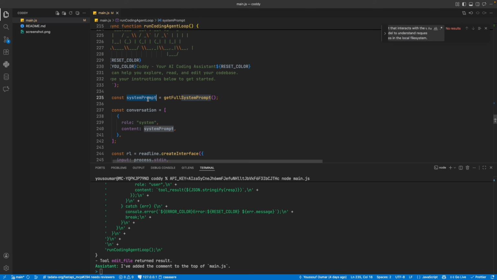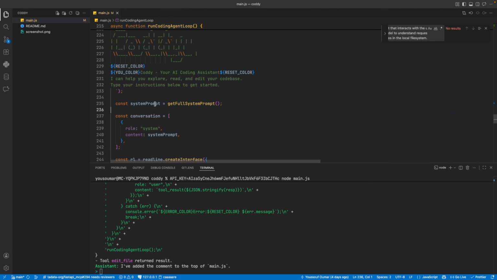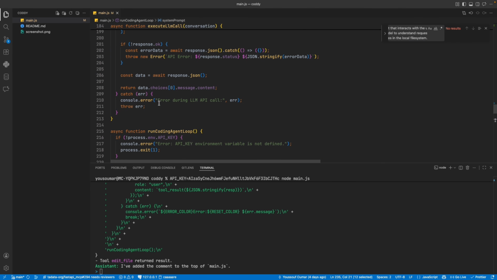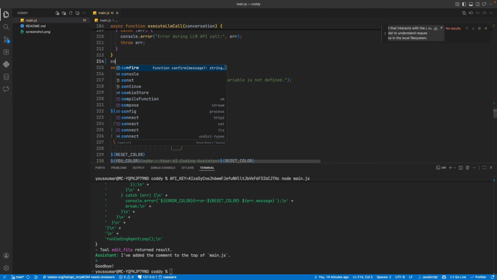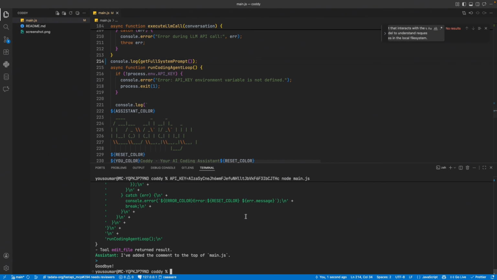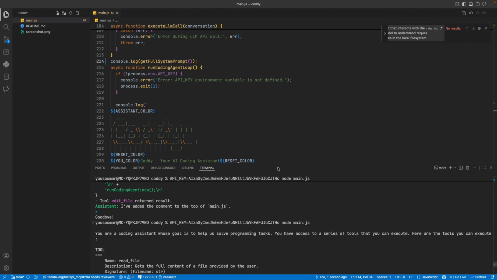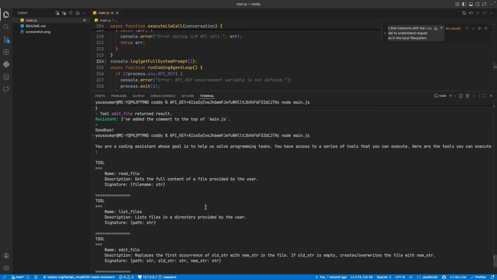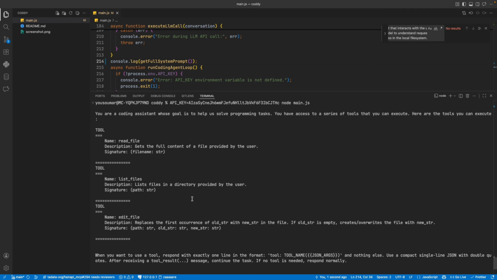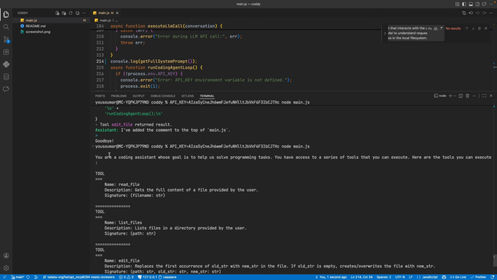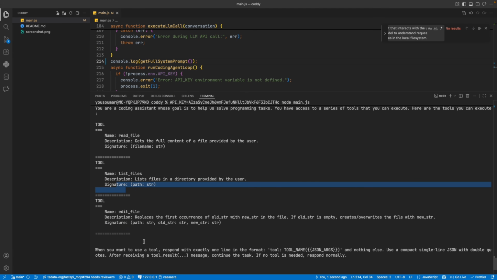And I forgot, I said that I'm gonna show you actually what this system prompt looks like. We're going to console log it. Let me run my agent. So if I make it bigger, our system prompt that will be at the top of our conversation array is this. So here we are injecting all the tools. So we tell the LLM, you have access to this tool, to this tool, and to this tool. And if you need to use one, you respond in this manner.